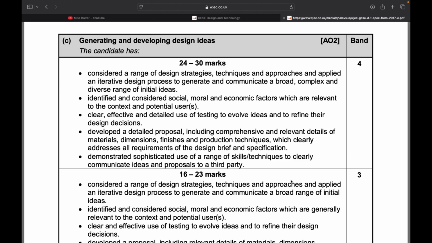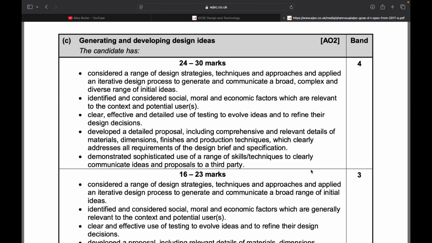And economic: is it worth the money? So, for example, if you're making something out of solid gold, but it doesn't really need to be, is it economic? Probably not. If you're making something for a third world country and it's meant to solve a problem within a third world country, is it going to be beneficial to make it thousands of pounds to create if you're giving it away for free? Probably not. So is it relevant to the context and the potential users? You get to decide, but you need to put that down either through your annotation or on paper through a